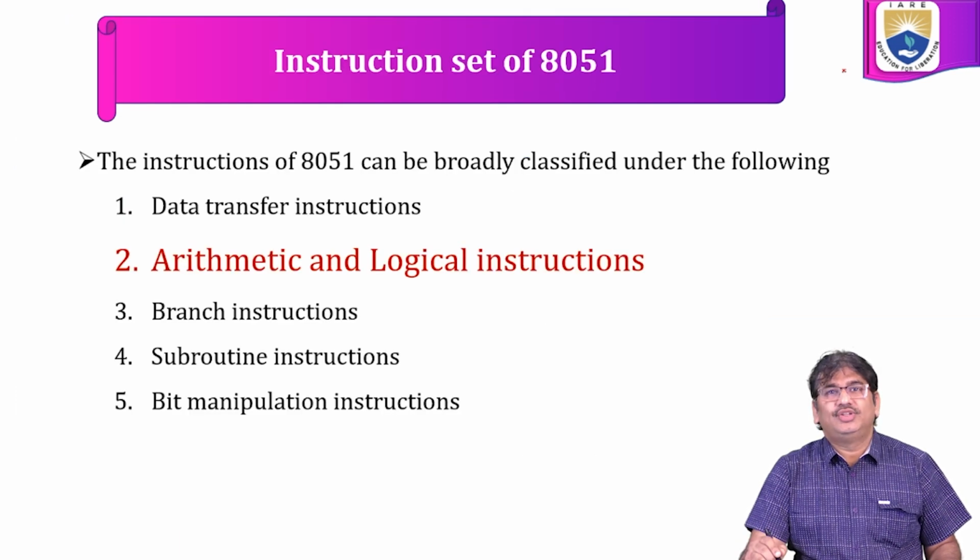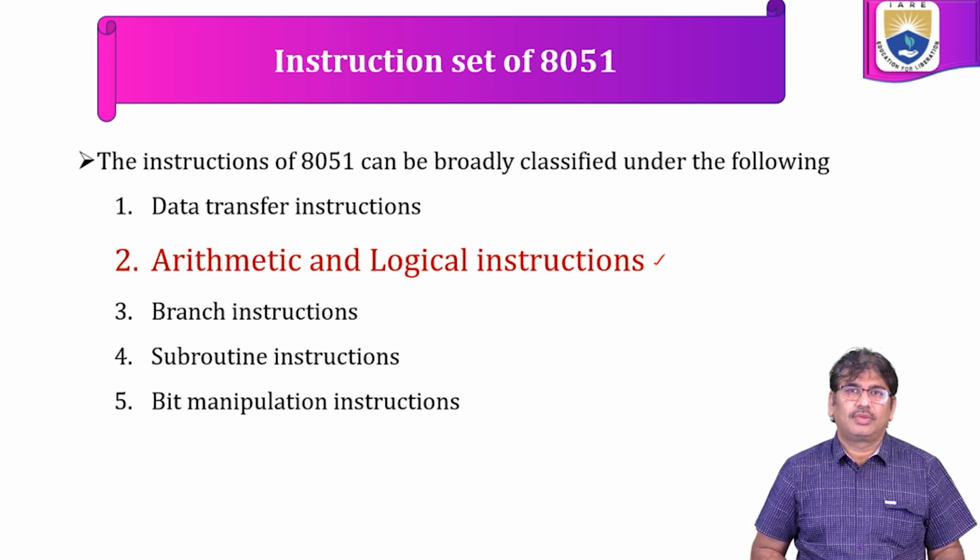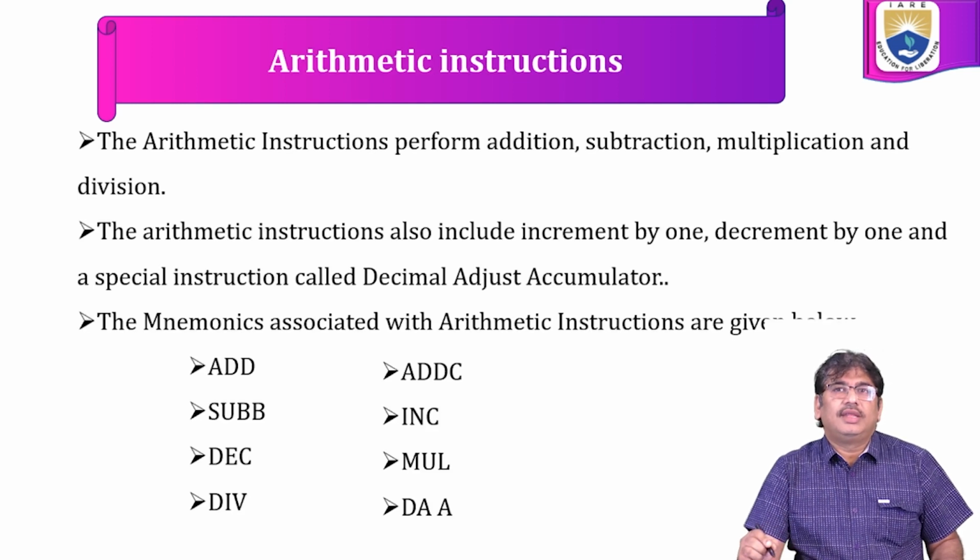The instruction set of 8051 can be broadly classified under the following categories: data transfer instructions, arithmetic and logical instructions, branch instructions, subroutine instructions, and bit manipulation instructions. In this, we are going to study the arithmetic and logical instructions. The arithmetic instructions perform addition, subtraction, multiplication, and division. The arithmetic instructions also include the increment by 1, decrement by 1, and a special instruction called decimal adjust